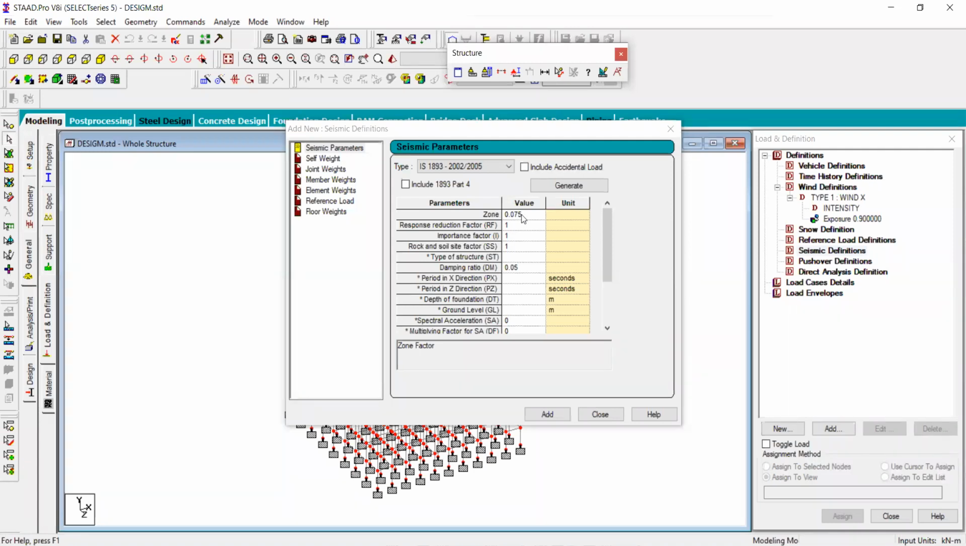Again, first we say the zone, and then another factor is the response reduction factor. What happens in the case of the response reduction factor? When you go for design of the structures, it will be unviable to design the structure for earthquake forces